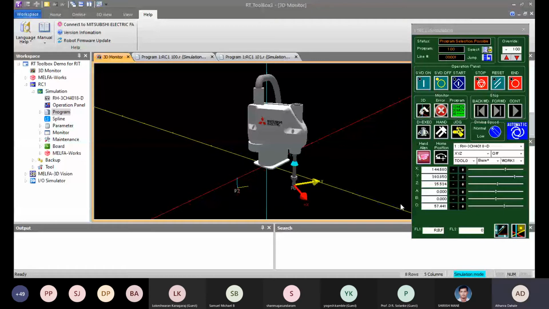And this is my P8 point, that is the last one. I'll make some changes to the y-axis to move in a straight direction.